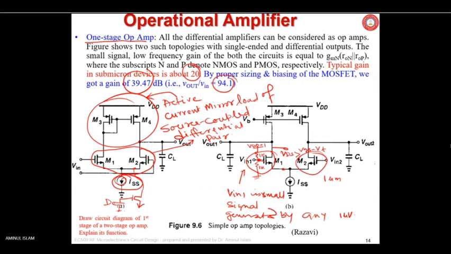Now other things will be deciding, like this load is going to decide how much voltage is there, how much VDS is there. That also you have to take care of. You have to see that it is in the saturation region. So the voltage value here and the voltage value at the gate will decide whether this MOSFET is operating in the saturation, linear, or cutoff region. Understood?